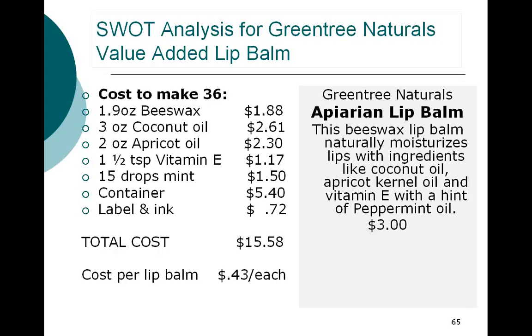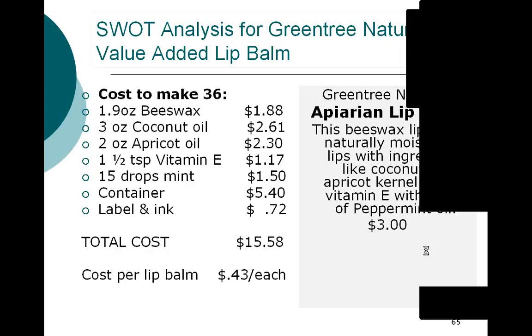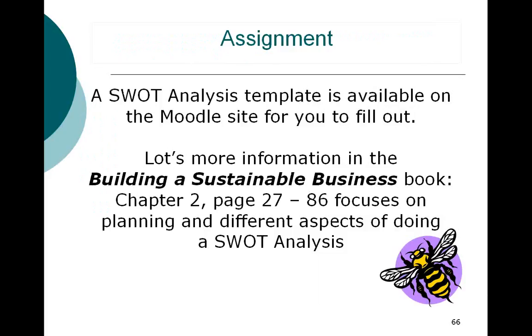The SWOT analysis is really just looking at your strengths and weaknesses, opportunities and threats, but you also need to be looking at the cost analysis of that. And next week, I know Craig's going to go a lot more into the cost analysis of different things. We would also do a gross profit analysis of most of the different products that we're doing in the field, and that's a good reason why you really need to be tracking, keeping good records, doing your harvest records, and you need to know what your yields are from your field